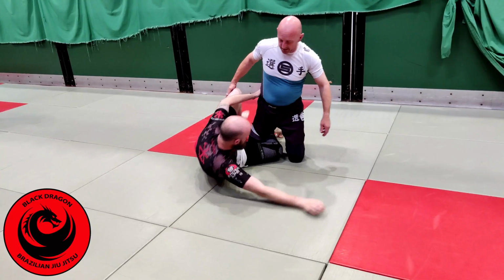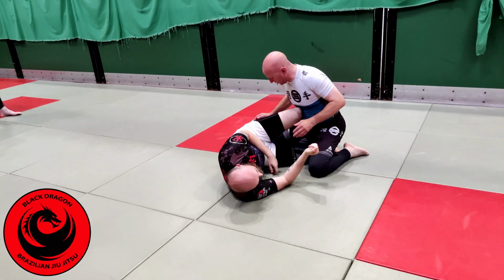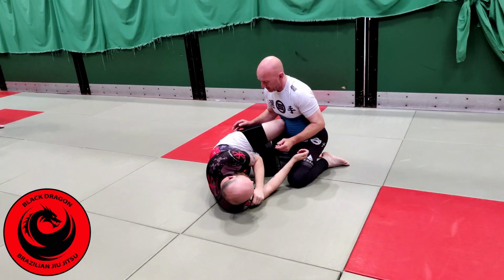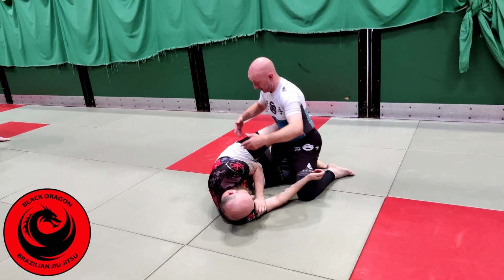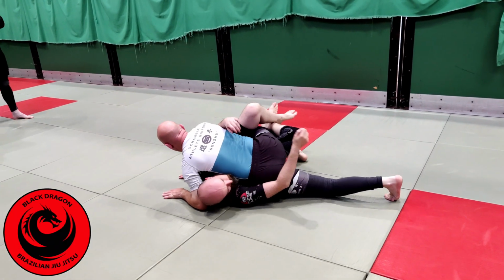So, if he makes a more knee shield in the middle, maybe crosses his ankles, now it's difficult for me to cut that angle. So we talked about how I could just engage my hips, hit it with your belly, change that angle again. So again, from here,